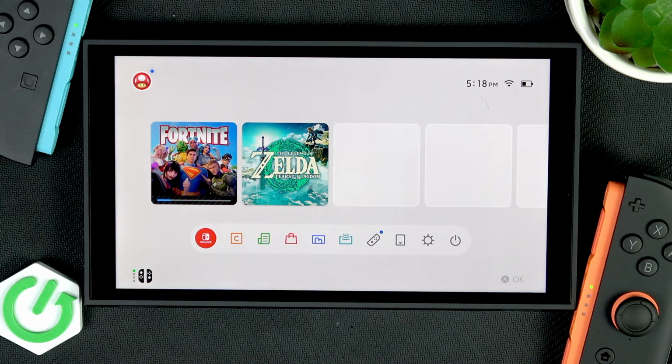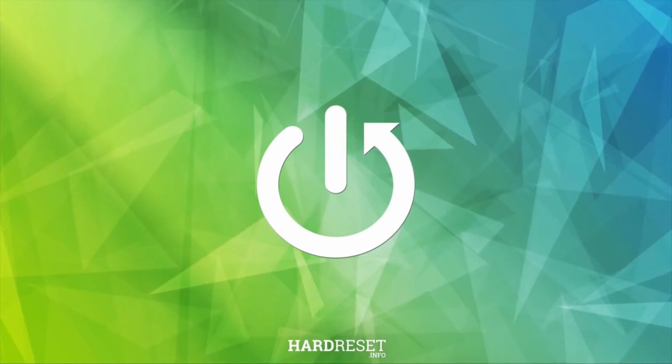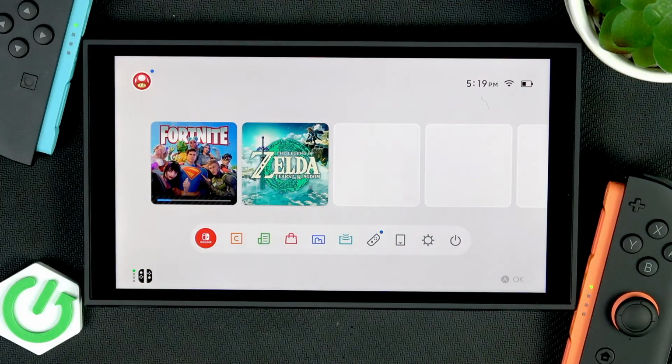Hello, in this video I'm gonna tell you how to fix "you are not eligible for purchase" on Nintendo Switch 2. If you get this error message that says you are not eligible for purchase, then it means that your account has been configured with an age limitation. So that means you cannot buy or download a software that exceeds that age limitation limit.